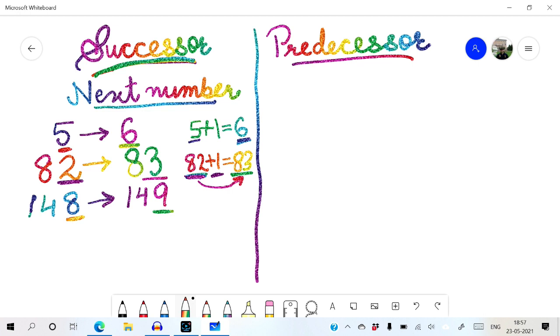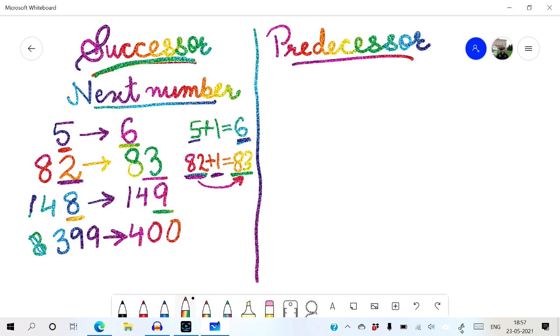Let us take another example. 300. Oh, this 3 has not come up nicely. Let me write it again. 399. So the successor of 399 is